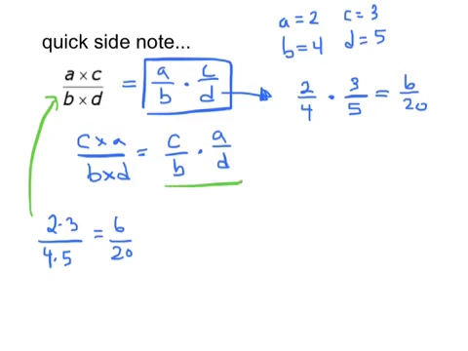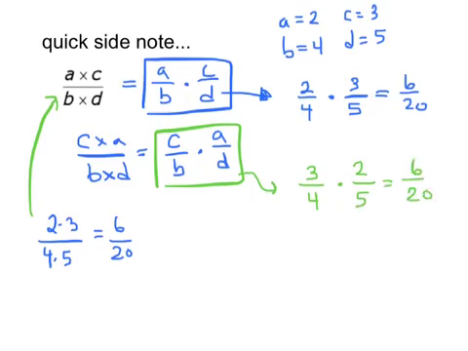If I use this example here, same thing is going to happen. c over b times a over d is 6 over 20. So basically what I can do, as long as it's all multiplication, remember it has to be all multiplication, when I'm dividing things like that, I can split them up into different fractions however I need to,